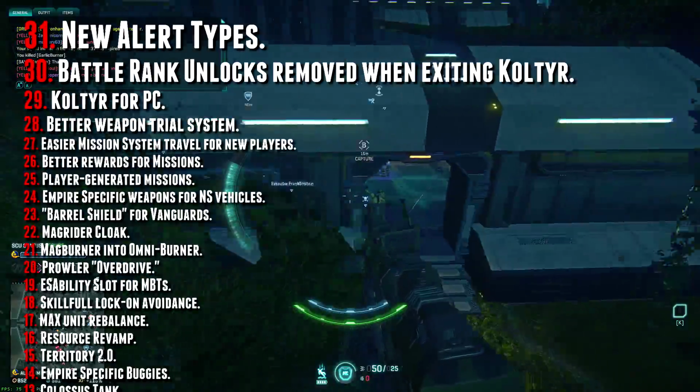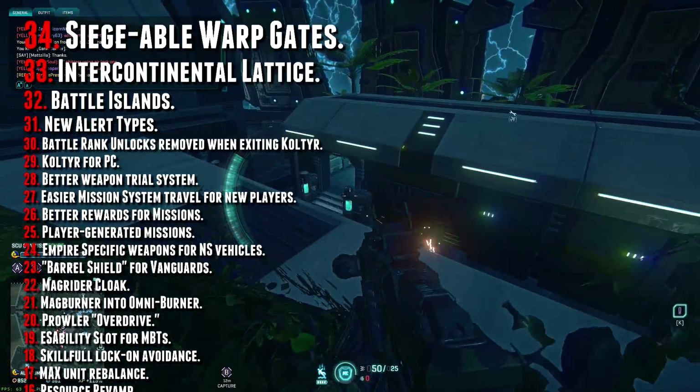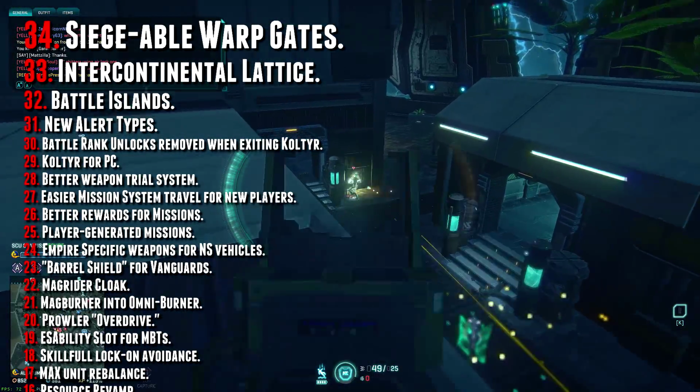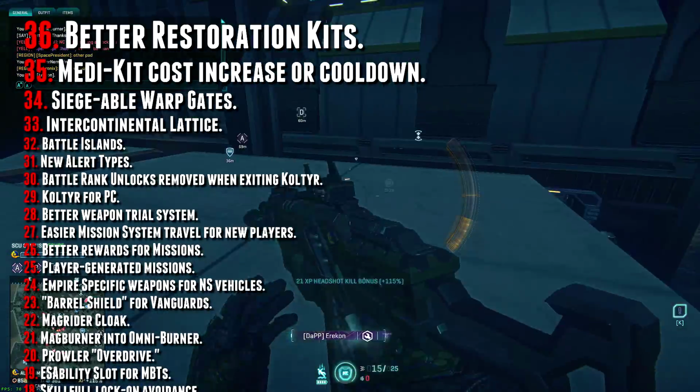Coal Tier for PC, battle rank unlocks to get removed once you decide to leave Coal Tier, new alert types, battle islands, intercontinental lattice, the ability to actually siege a warp gate and take control of it, medkits to have a higher resource cost or a cooldown between uses, restoration kits to heal more for longer,